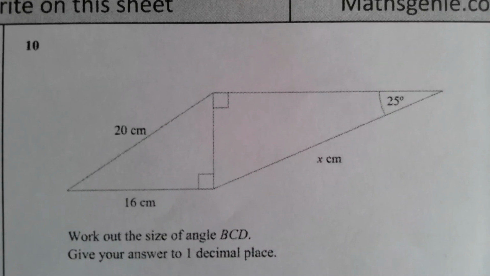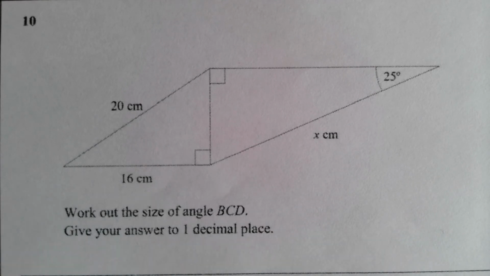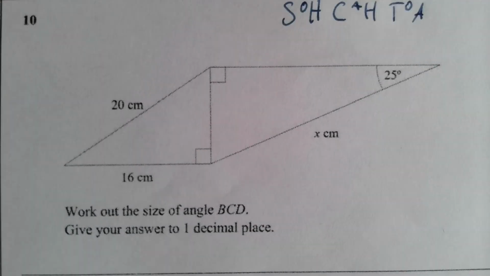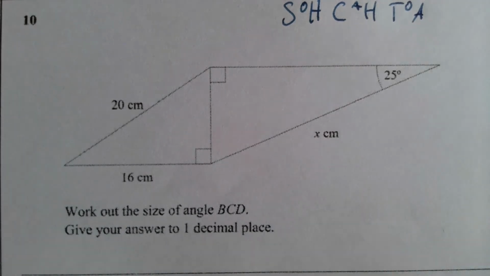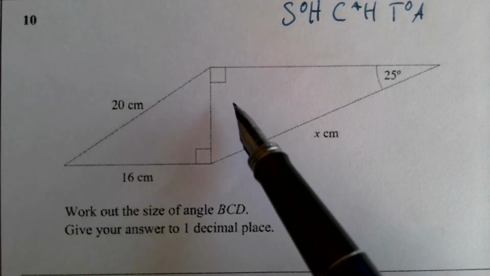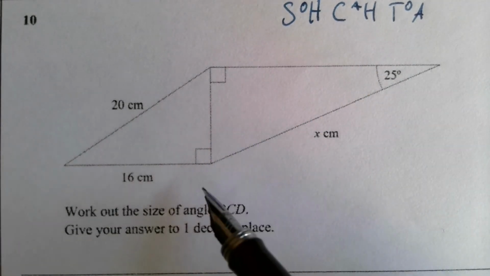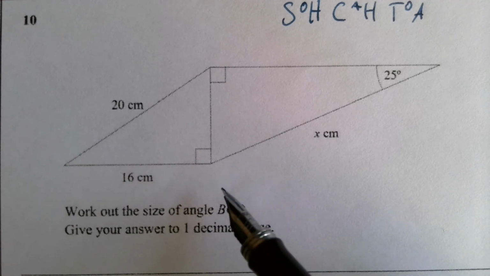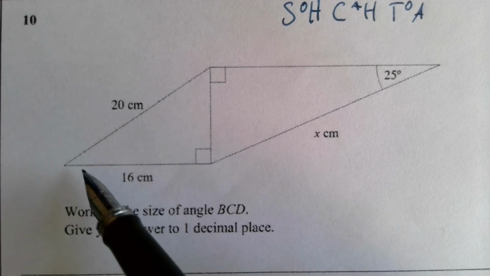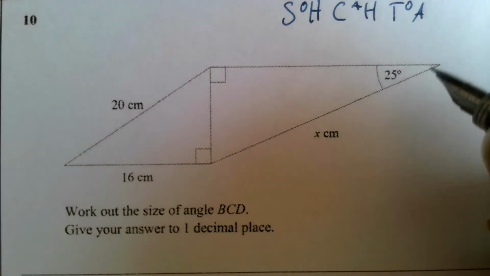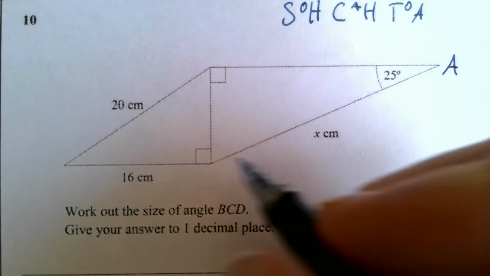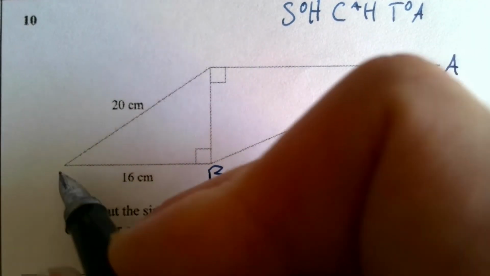Two questions left. Question 10 next. Pause the video and give this a go. Now, I'm wanting BCD, and they haven't put any letters on here. So which one do you think they'd be asking about? Well, it's not going to be this one, because that's just going to be angles in a triangle. So it's either going to be that one or that one. Which one shall we say it is? Let's call A, B, C,